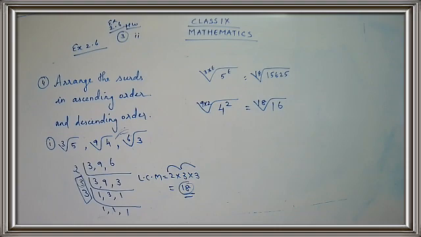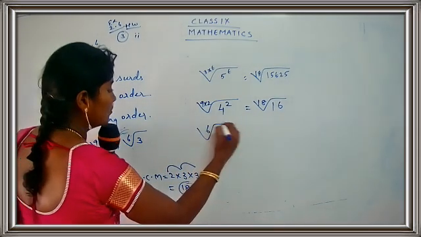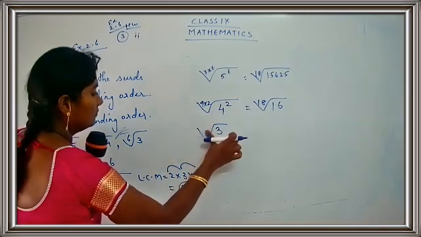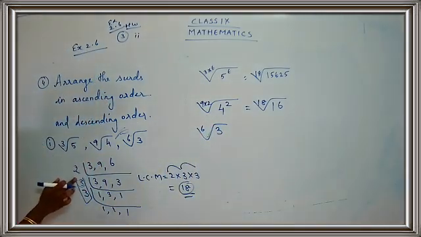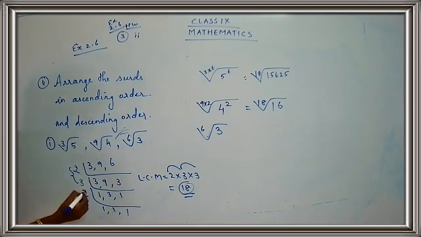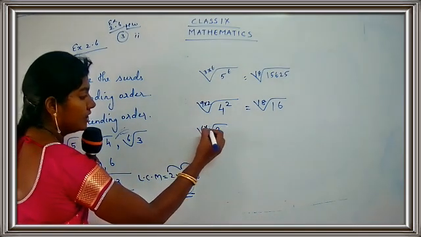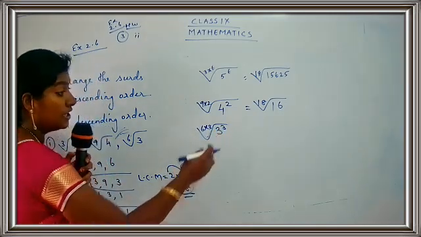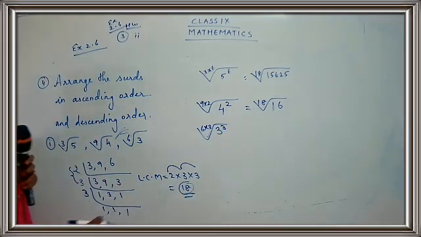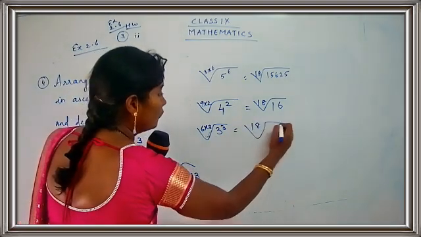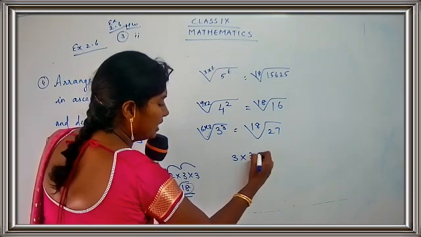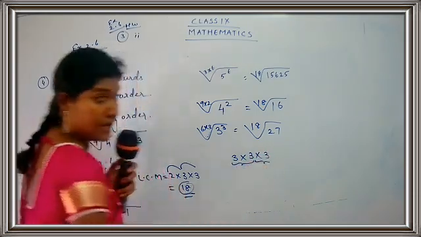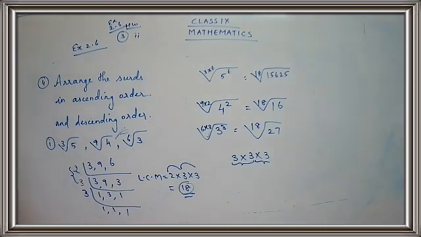Okay children, now let's go to the next third. That is the 6th root of 3. 6th root. So 3 into 2 gives you 6. So what is left now? 3 is left. So multiply by 3. So when you multiply by 3, you have to bring here the power 3. So here it becomes 3 cubed. 3 raised to 3. So this is the 18th root of 27. What is 3 cubed? 3 into 3 into 3. 3 3s are 9, 9 3s are 27. So you get the 18th root of 27.